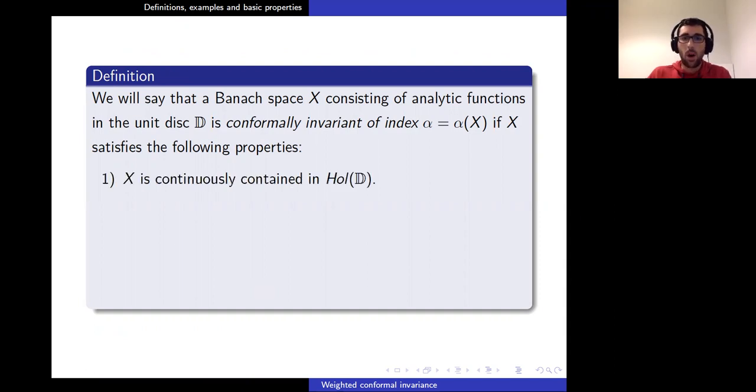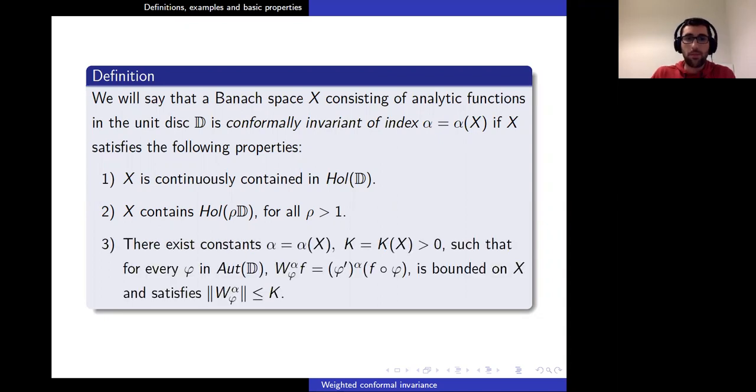Property 1: our space is continuously contained in the space of holomorphic functions in the unit disk. By the uniform boundedness principle, this is equivalent to saying that the point evaluations are bounded in our space. Property 2: for any function f which is analytic in a disk of radius greater than 1, this function is in our space. And the last property, property 3: there exist two positive constants, alpha and k, such that